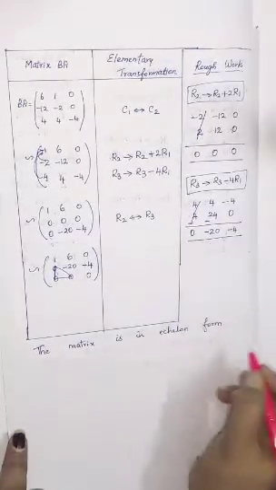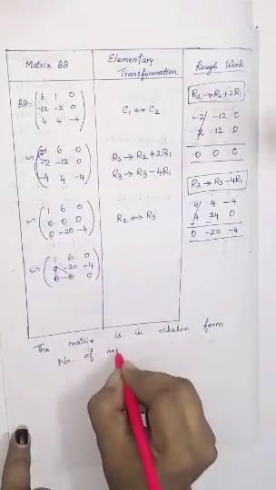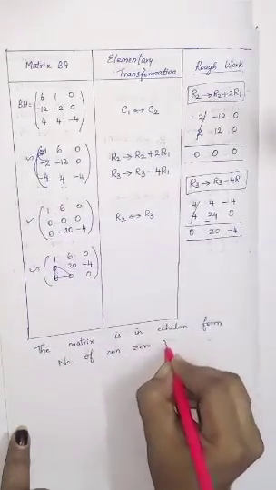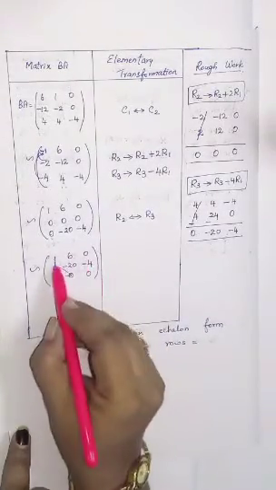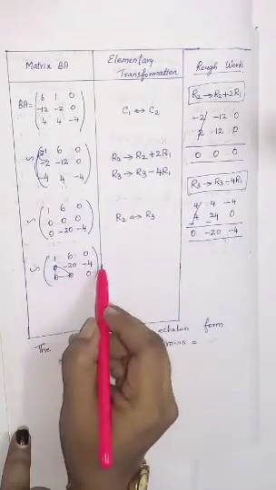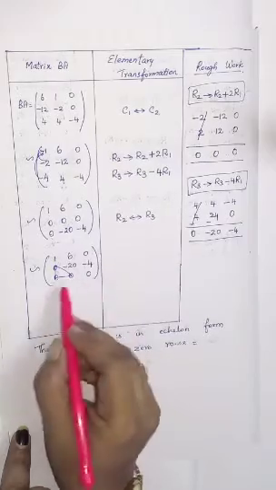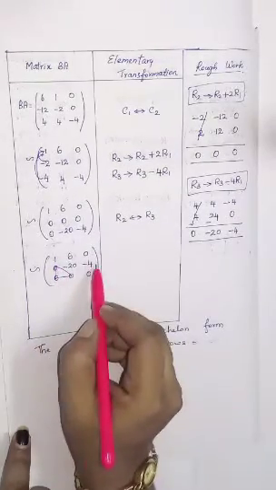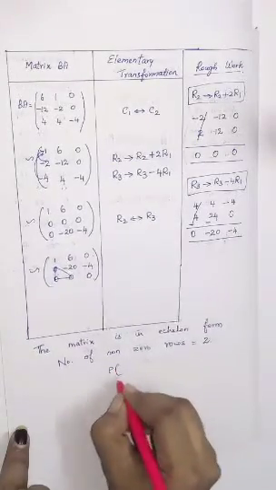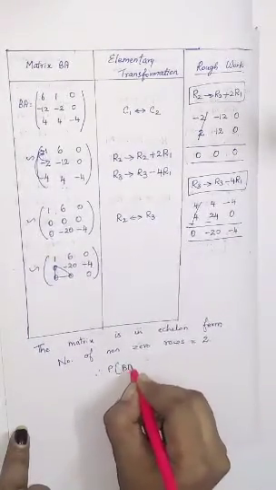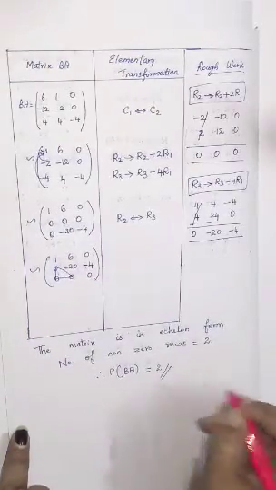Now we will have to see the number of non-zero rows. So the number of non-zero rows is equal to, just check it here. First row we have got numbers, so this is one non-zero row. Again second row we have got numbers, so one more non-zero row. Third row everywhere it is 0, so that is a 0 row. So 2 rows we have got non-zero numbers, so we can write it is equal to 2. Therefore rank of BA is equal to 2. So this is the answer for your second question.